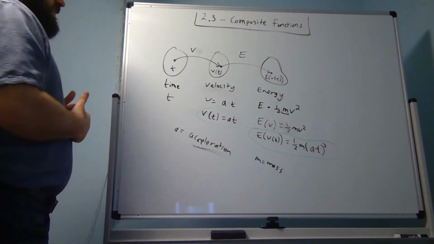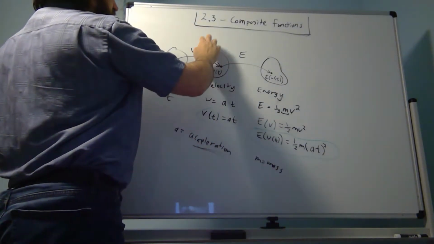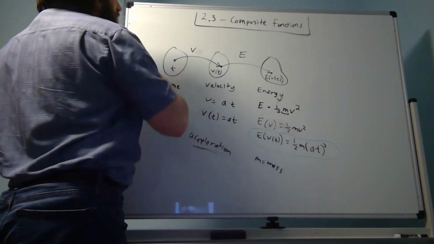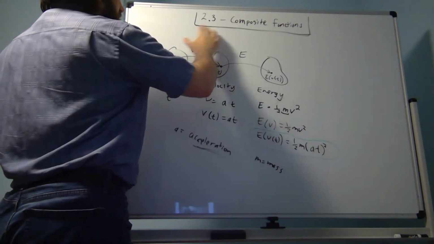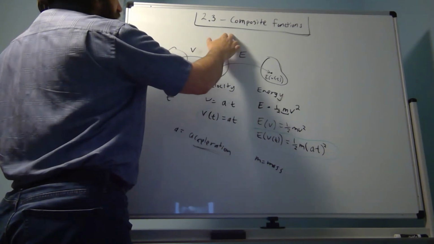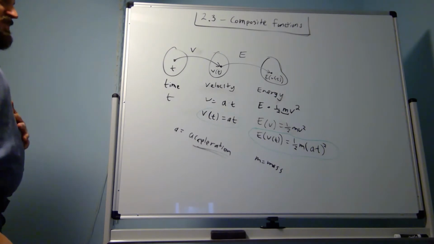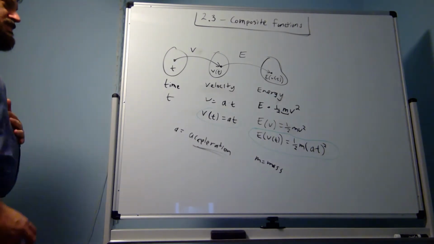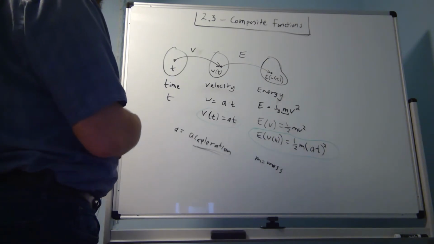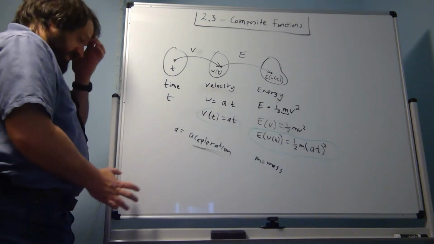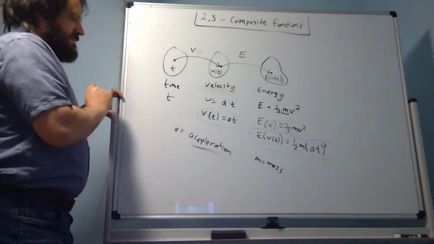So I could start with how much time do I have available, and then a certain proportion of that I spend working, and then the last function is how much money do I make based on how many hours do I work. So something like that. The physics example that came to mind is if you have an object that's accelerating at